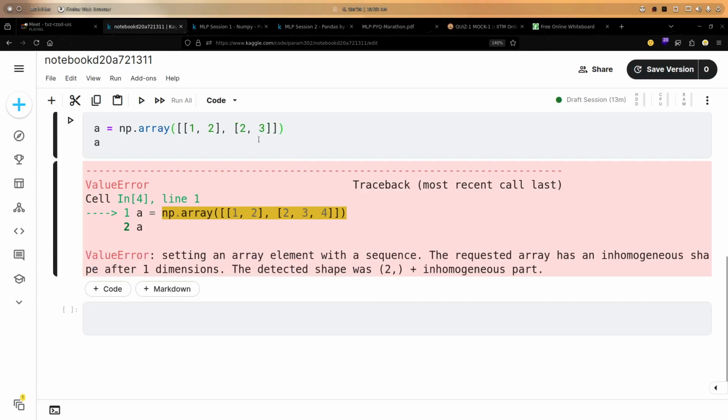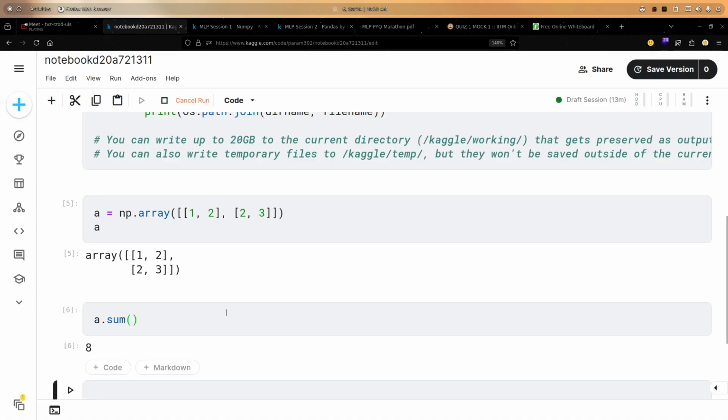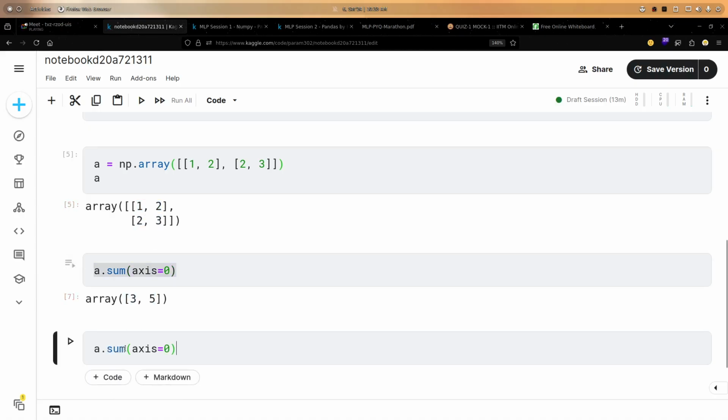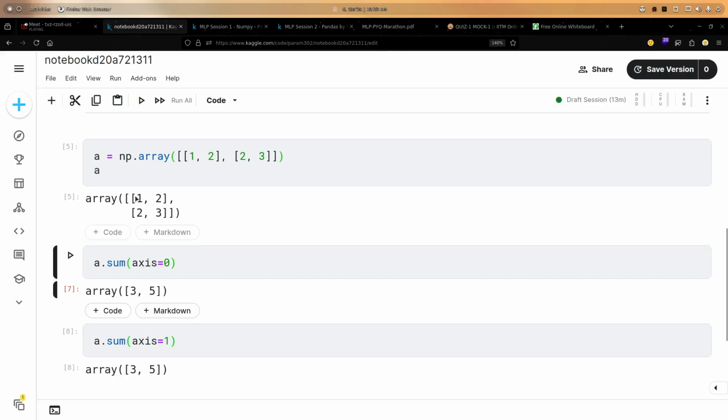Yeah, let me tell you. Let's suppose this is a NumPy array. In a data frame and in NumPy, the sum works the same way. If I do normally a dot sum, I'll get the complete sum. If I want the sum of rows only, then I'll pass axis equals 0, then I'll get the sum of rows. So here I'm getting the sum of this row, which is 3, and the sum of this row, which is 5. If I want the sum of only columns, sum by every column, then I'll pass axis 1.